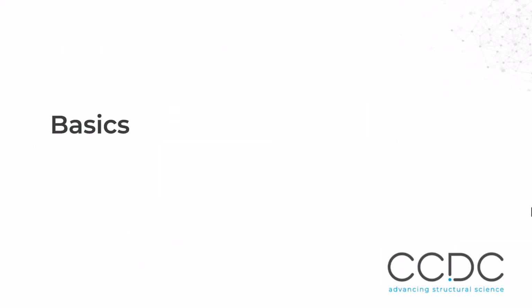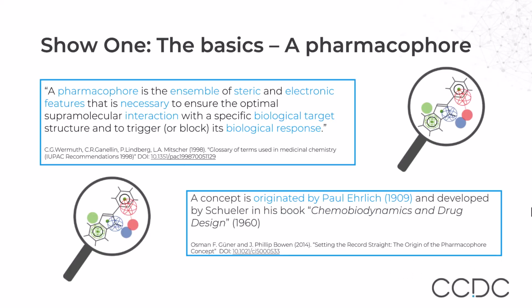Okay, so we have covered a lot about CrossMiner functionality, but let's get into some basics of pharmacophore search, and let's understand what the pharmacophore concept is in general. So you can see the definition. I can read it out. A pharmacophore is the ensemble of steric and electronic features that is necessary to ensure the optimal supramolecular interaction with a specific biological target structure and to trigger or block its biological response. This definition sounds a bit complicated. It's provided by IUPAC, so it's very scientific, but we will get to the bottom of this and